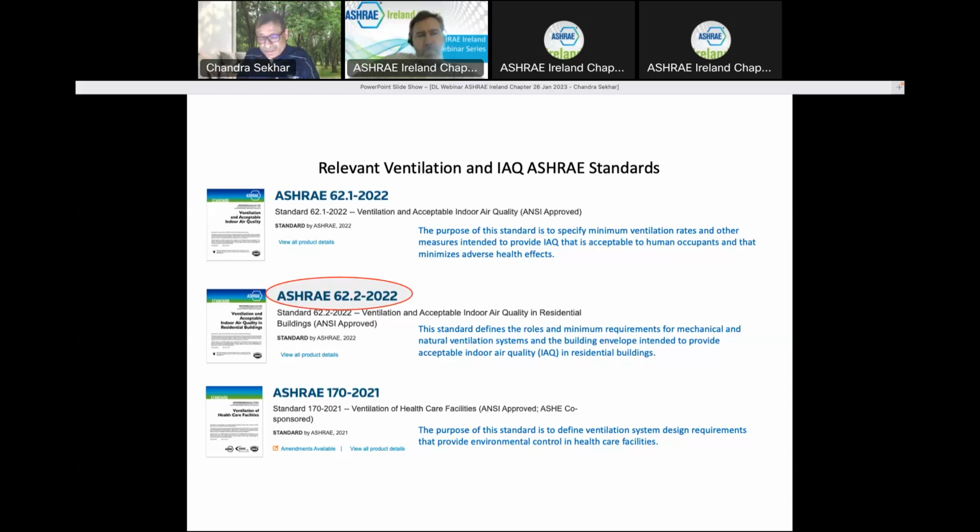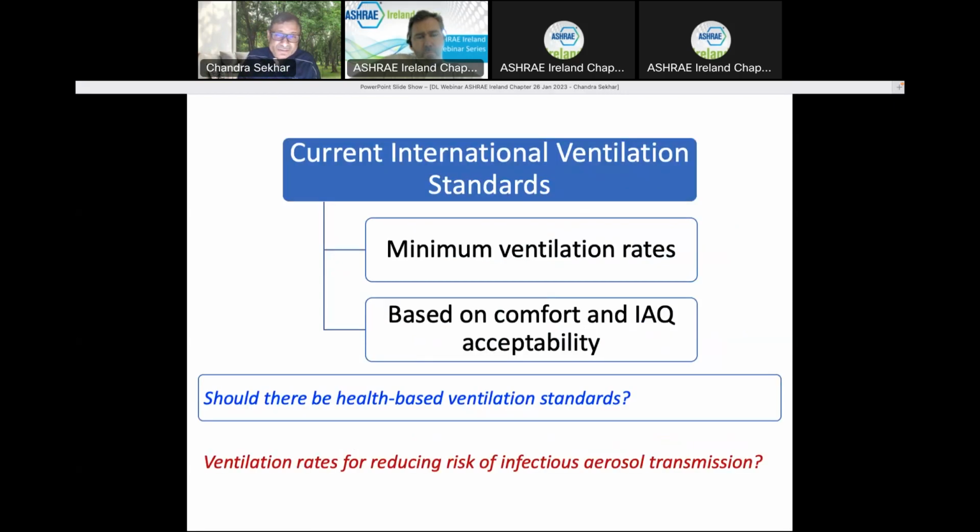In other words, rather than just relying on ventilation to solve the problem, we ask, can we go a little bit deeper and identify what the problem is in terms of a particular contaminant, or in this case, the virus, or any other issue that happens in the breathing zone? And if we can manage that by controlling it at source, we can probably even use less outdoor air for ventilation. All those approaches are described in detail, and this is not the time for me to go into the details of any of those, but these are the relevant standards in this context.